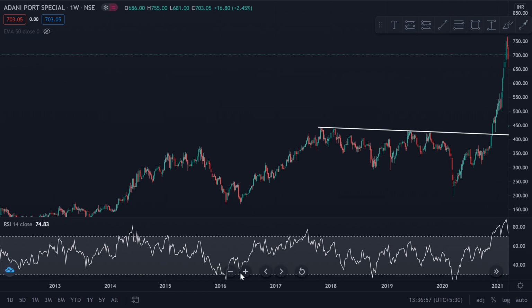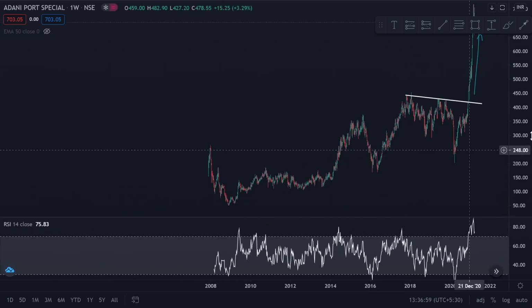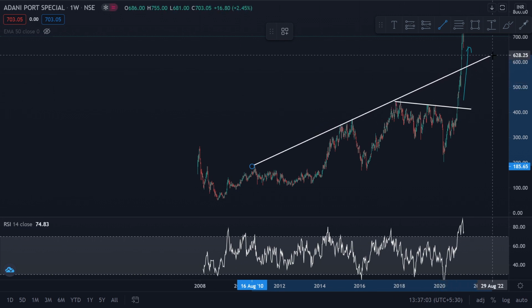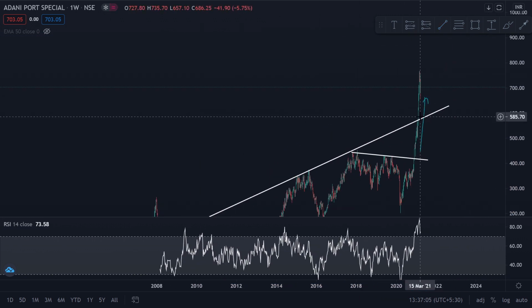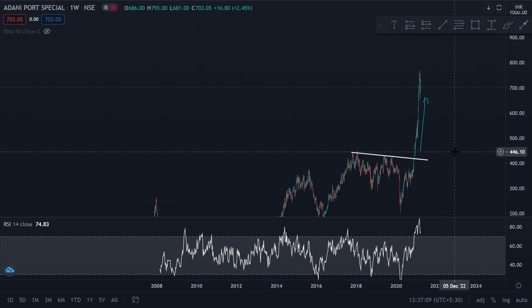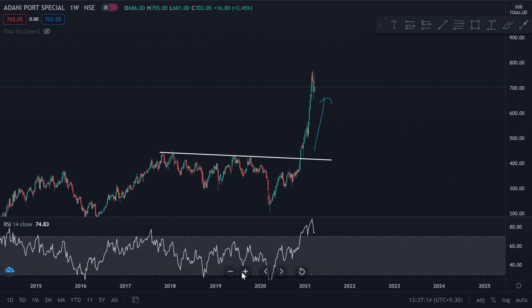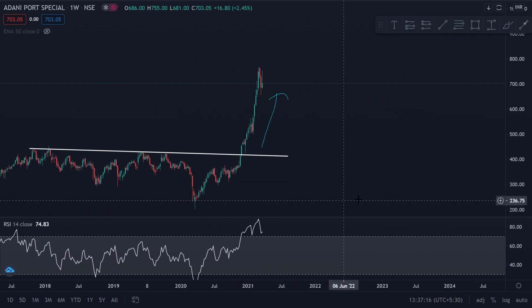Even if you go further back, you can see another structure also forming. You can see this trend line right here, and it broke here at this point. So it has been breaking resistance trend line after resistance trend line, and it has been going up with huge and high momentum with very good volumes and bullish candles, right? So we can categorize these as high momentum stocks. This is one of the examples I showed you guys.